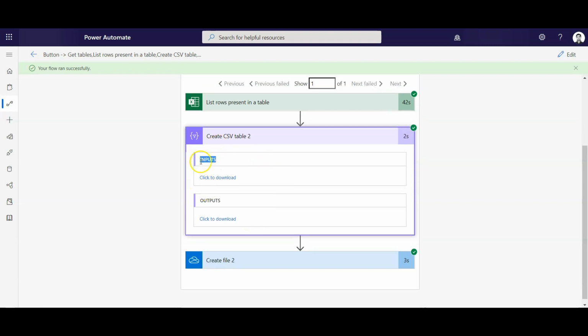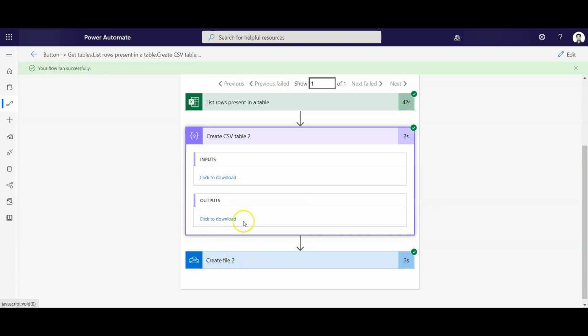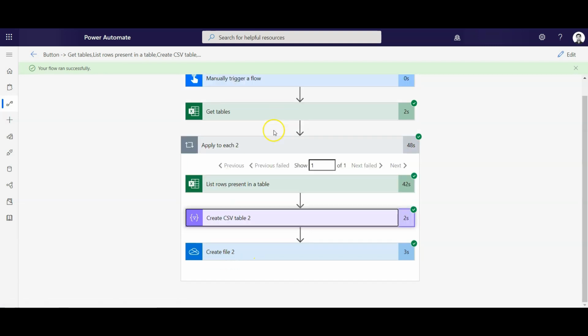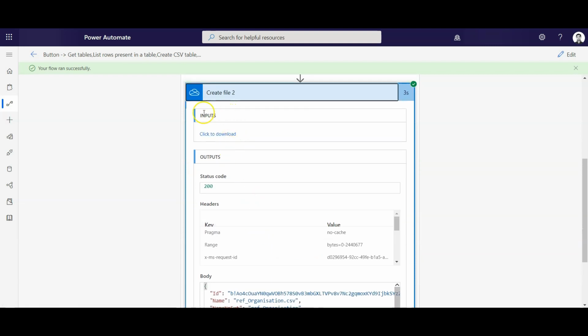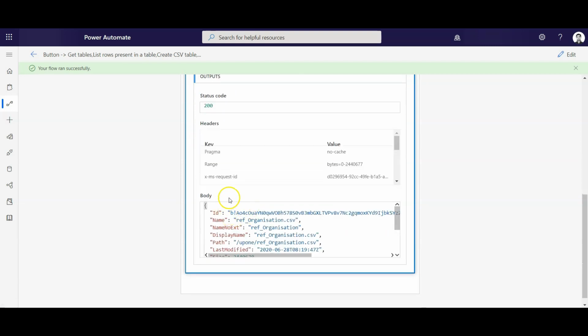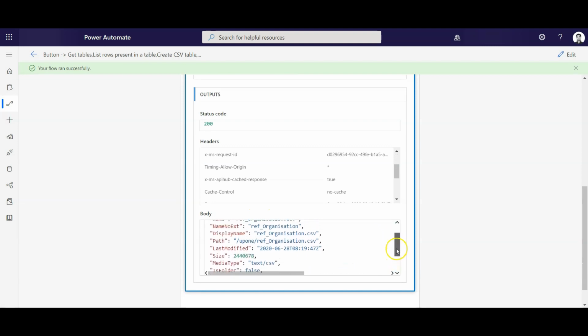So this input will be that Excel table which is read here, and the output will be the CSV file again, right? Then the output from this, which is this CSV file, goes into creating the CSV file. So the input in this OneDrive connector is the CSV file, and then it's creating that file in that particular OneDrive folder which we have given.